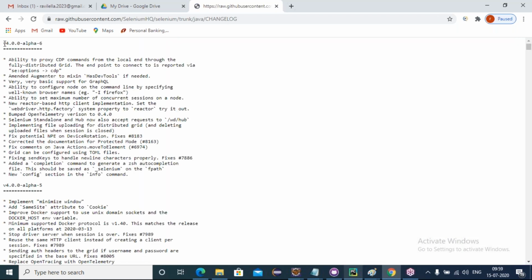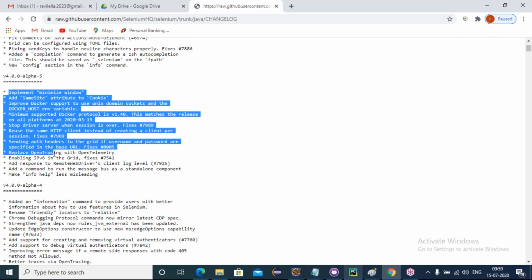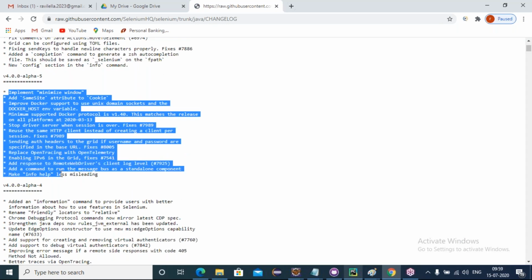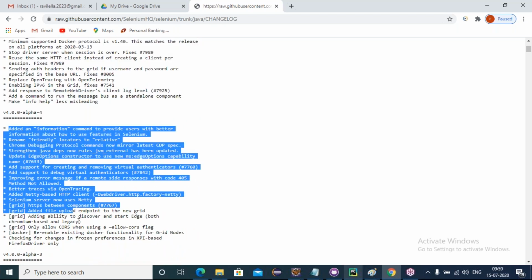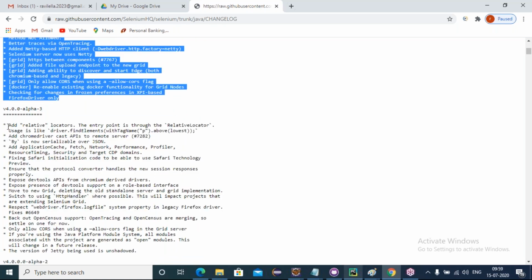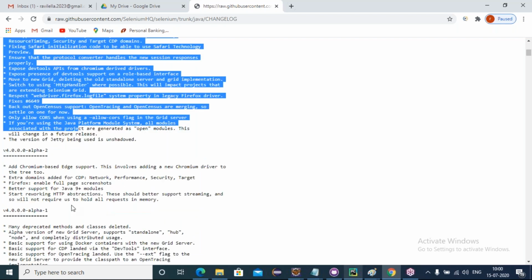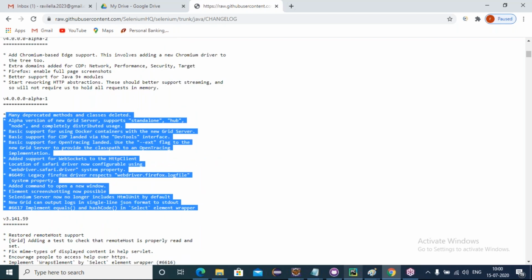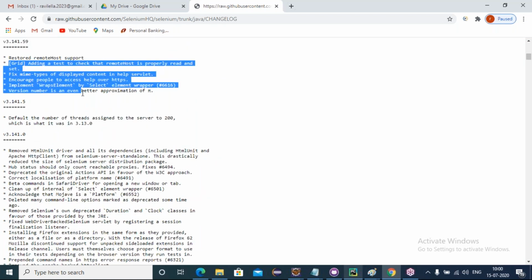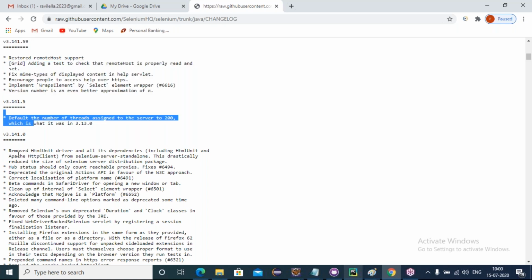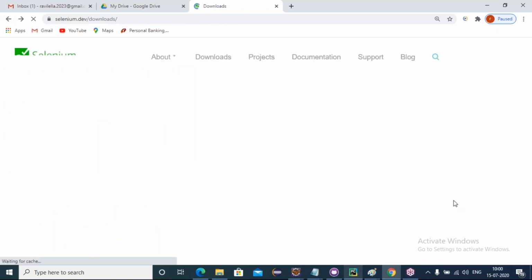If you click on that, you see WebDriver 4 alpha 6, WebDriver 4 alpha 5. These are the changes added, specifications, replacing, adding, improving, everything version to version. The history of what changed is given here, change logs for each version, like 3.141.59.